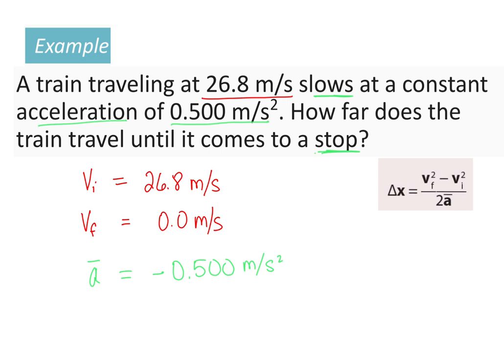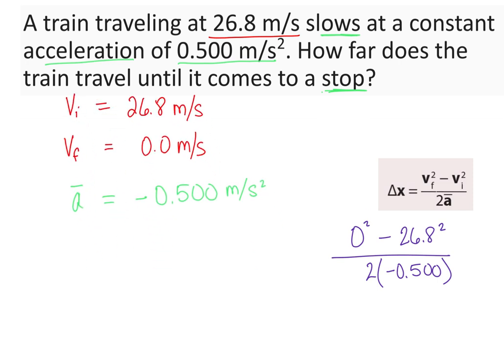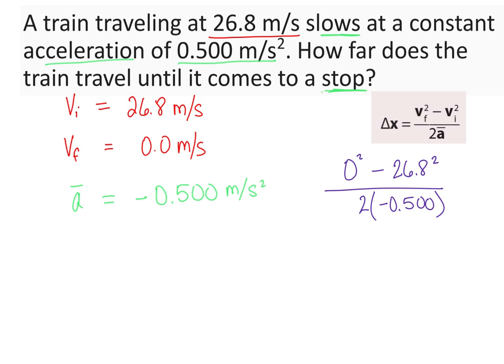So when I plug this in, I'm going to say 0. Of course, the square doesn't really matter, but technically it's squared. Minus my 26.8 squared over 2 times my negative 0.500. All right? So when we do that in your calculators, you're going to get a rather large number, not too bad. We should have gotten 718.24